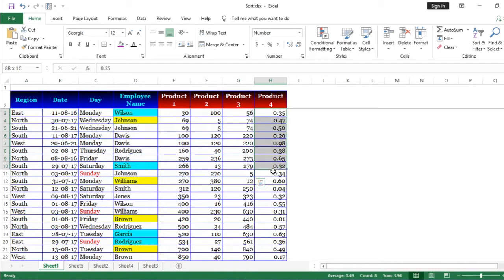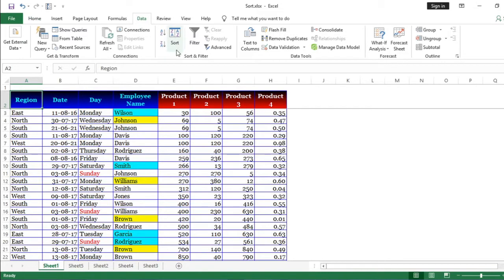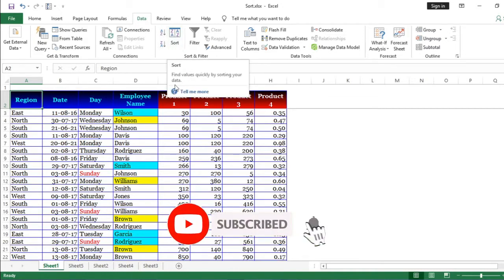and decimal number. To sort any data, we go to the Editing tab under the Home menu in the ribbon. On clicking this button, you will notice there are three options: Sort A to Z, Sort Z to A, and Custom Sort. Alternatively, you can click the Data menu and under the Sort and Filter section, you will get these three buttons: Sort A to Z, Sort Z to A, and Sort.